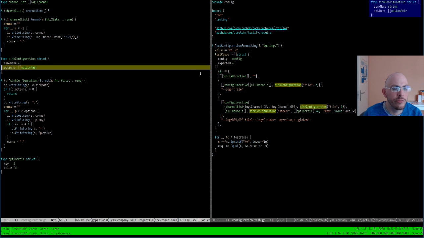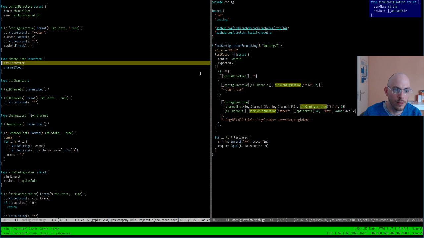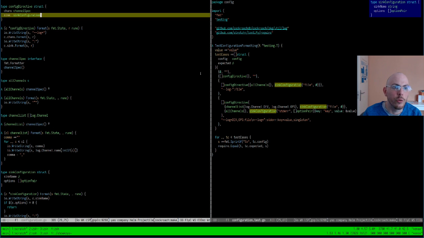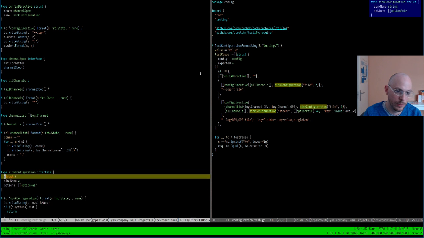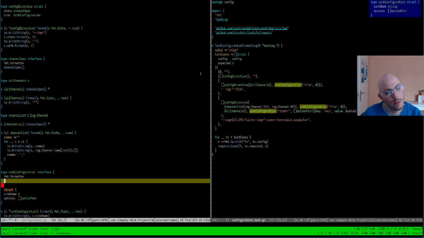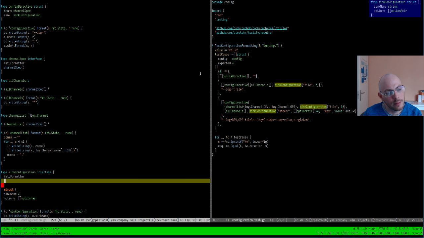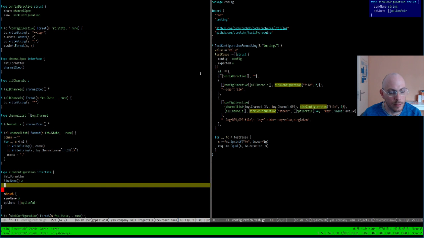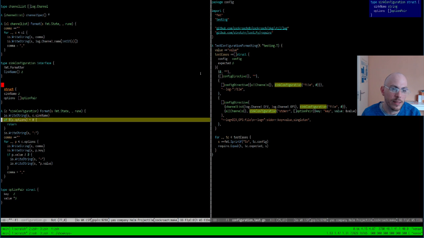So now we have this very generic sync configuration, and I just decided I don't like it. And so we are going to turn this into an interface, which is also a formatter, and it's going to have a sync name, which gives it a string, and a config, but the config is hidden inside.